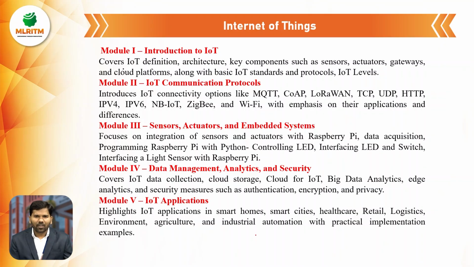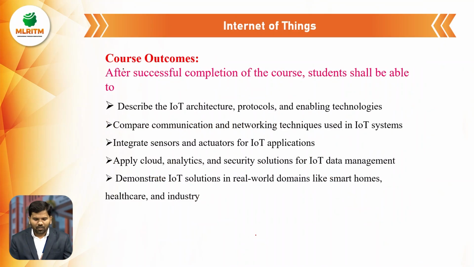Each module has some course outcome. After learning a module, the student has to get some outcomes. After learning module 1, the student is able to describe the IoT architecture, protocols, and enabling technologies. After completing module 2, the student will compare communication and networking techniques used in IoT systems. After completing module 3, the student will learn how we can integrate the sensors and actuators